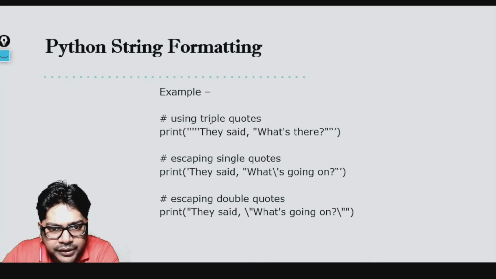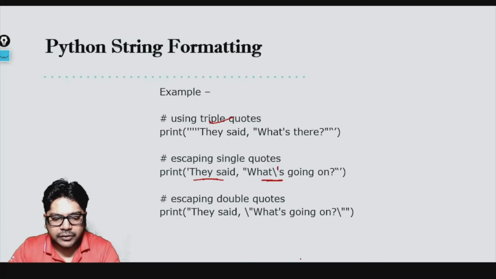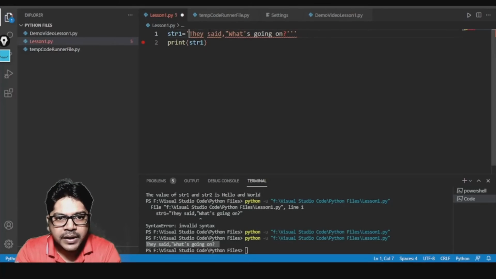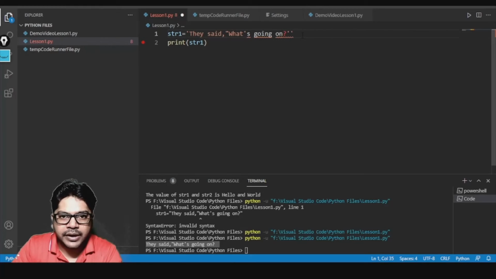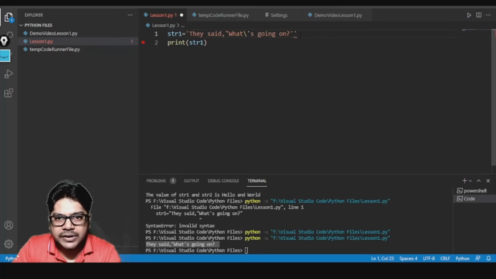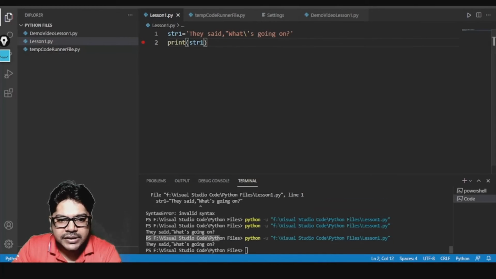One way is using triple quote, which we already tried. Now here you see what I am doing is writing a single quote here, and then I am writing what's. When I write what's, here I gave a single quote. So let us go over there and change this. First of all, change it to single quote, and let us see if we can escape that part. Here it is giving me an error. Here I'll put a slash. Now you see, the moment I put a slash there, I'm getting an output. It said what's going on.